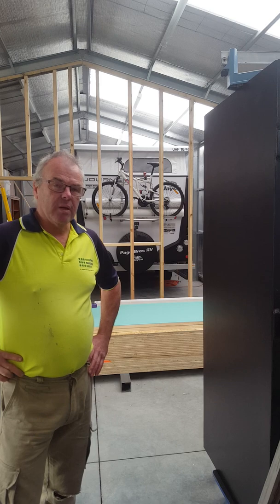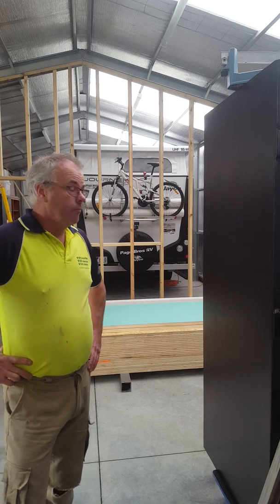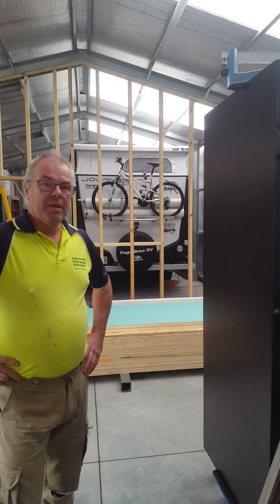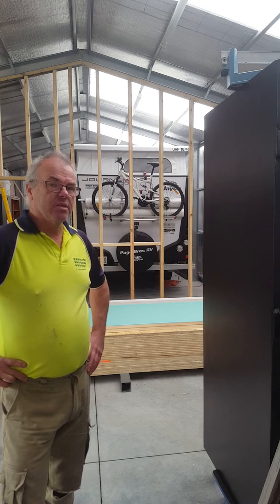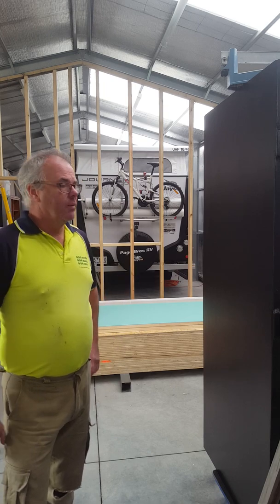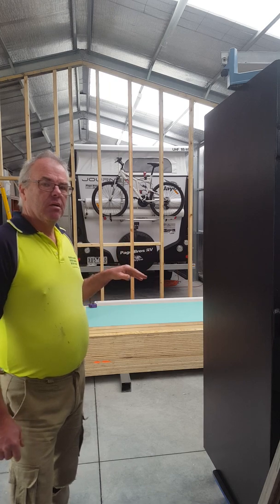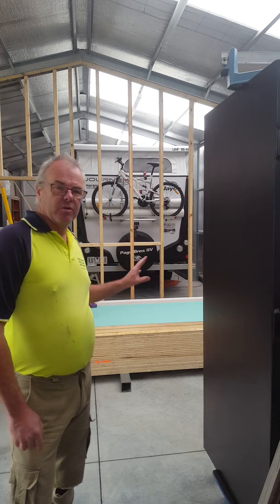I'm putting blocks in the wall, otherwise known as noggings. Some people wonder what they're for. They're mainly to strengthen the wall, but when you put a row of noggings in it, it really tightens it up, stops all the studs wobbling sideways and pulls it all together. Also, it provides support for your sheeting or cladding, whatever you're putting in, plasterboard,